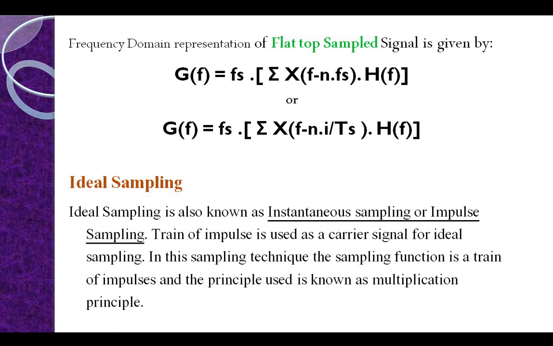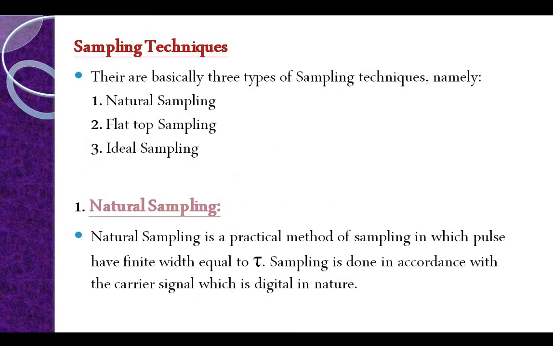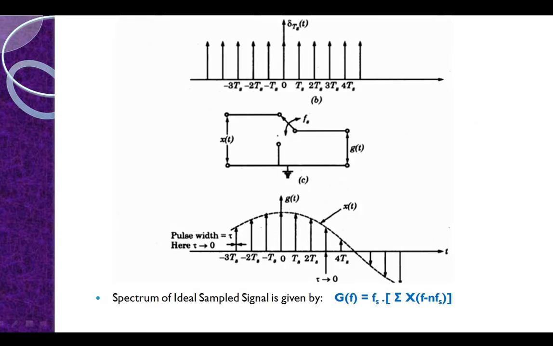What is the tau value over here? Tau is the time duration of each sample, the length of the pulse for a time tau. So we have three kinds of sampling techniques: first ideal sampling, then natural, then flat top. In ideal sampling, you simply multiply a train of pulses, a carrier, with the message signal by using a switch, converting a continuous waveform into a discrete waveform. These are just unit impulses, no pulses of finite width.